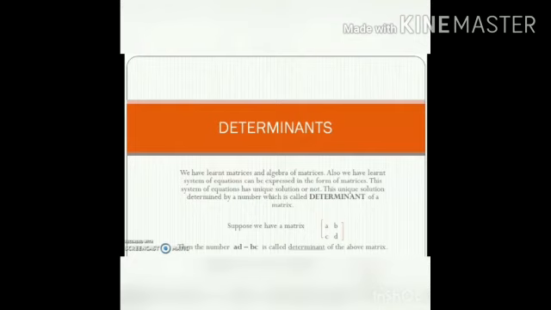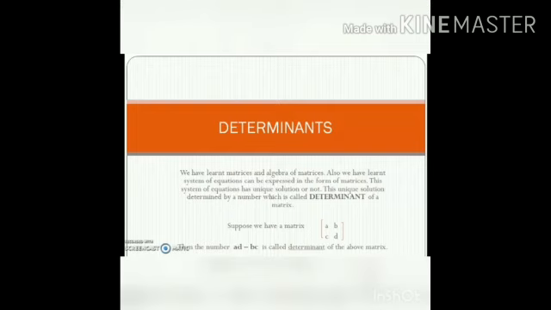Today, we are going to take a new chapter, namely determinants. Before we explain the term determinant, just recall the term matrix that we already learnt. Also, we have to remind matrix addition, matrix subtraction, matrix multiplication, and division by a scalar. Moreover, we studied how to express a system of linear equations in the form of a matrix. So here we are applying this concept.